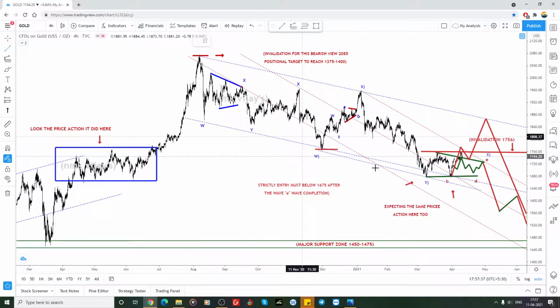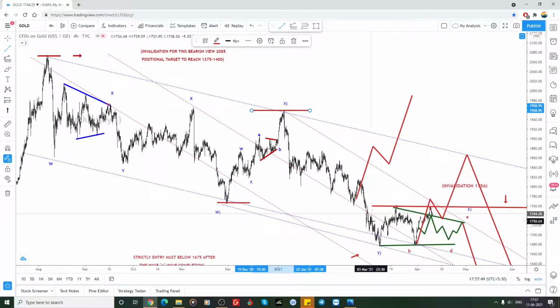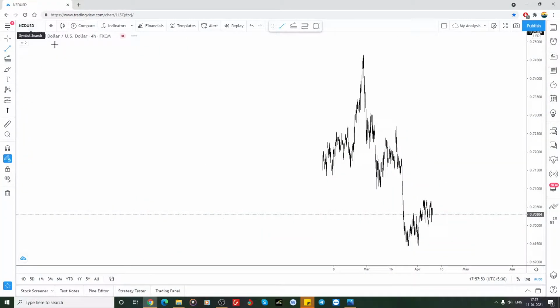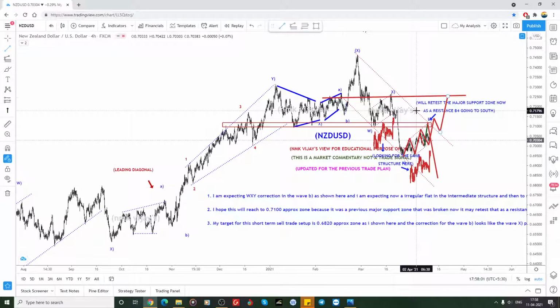I'm expecting from here like this. It has to break this and then again one more downside, but it keeps falling from here itself. In New Zealand, now I'm expecting a downtrend, but it can do this kind of wave formation also. So because this zone,